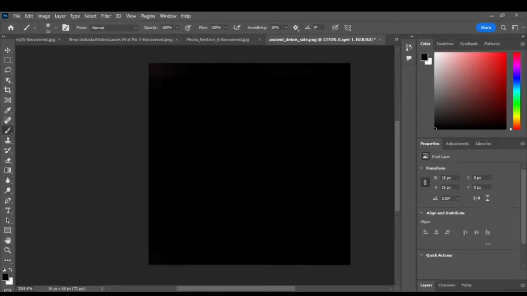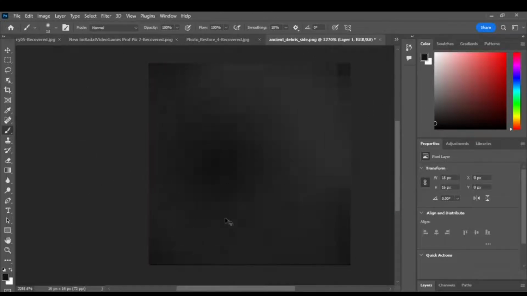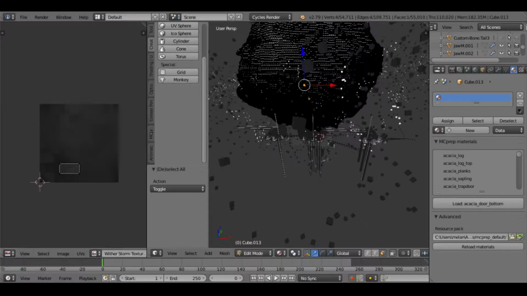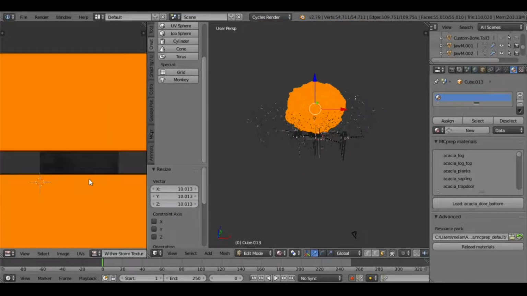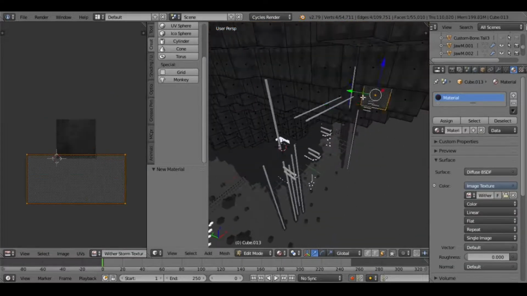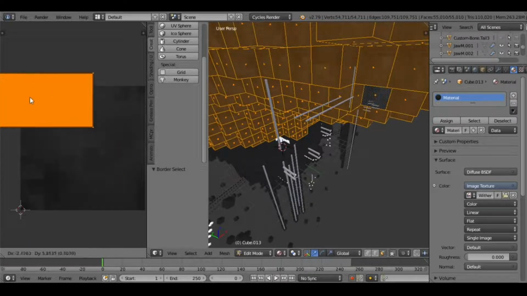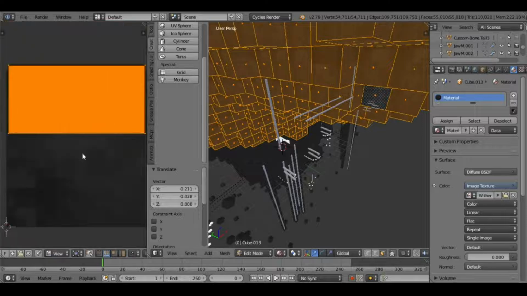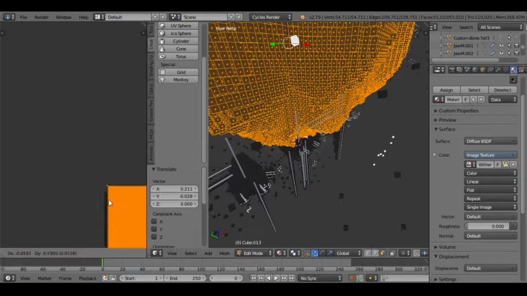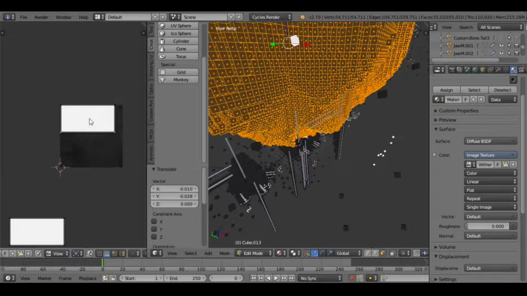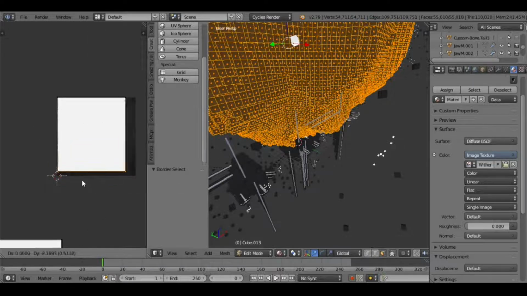Then I gave up. Now the next step was that I tried to fix the original model's disgusting texture, because for some reason the guy who made the model decided it would look absolutely terrible if he added this weird grayish, bluish, I don't even know how to describe it. It looks so flat, and I just didn't like it. So I actually wanted to make a more fancy texture in Photoshop, and then try to put it on the model. But then I realized that would crash my computer, and I don't want that to happen, so I just decided not to, and to make it black instead. So that's what I did.